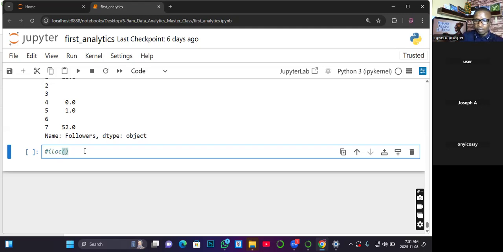So an integer based approach, unlike the loc which uses the label. So this one we have to use number, an integer based approach